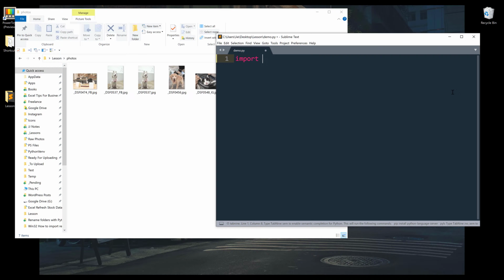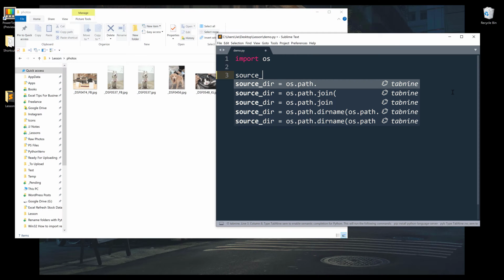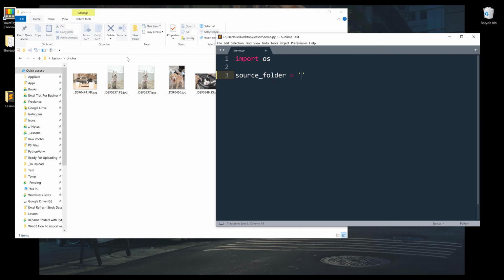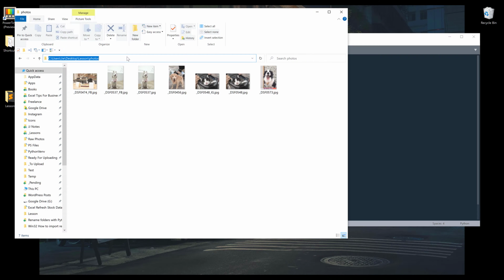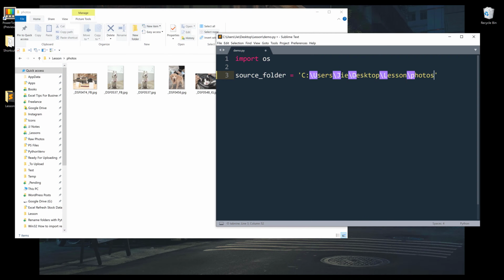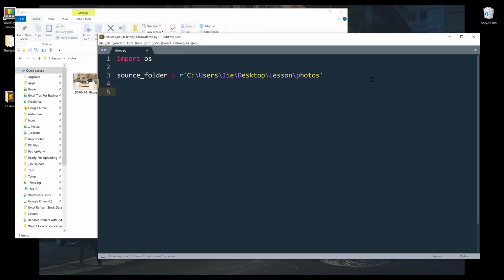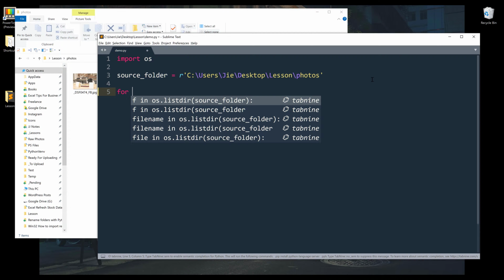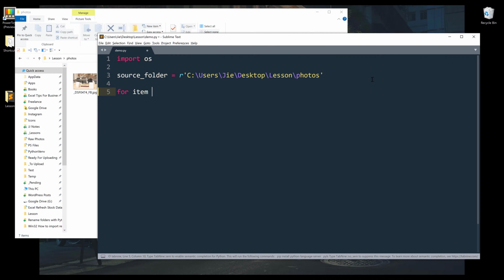I'm going to import the OS module first. Then I'm going to create a variable called source folder. And I'm going to grab the folder path where all the files are located, and I'll assign the folder path to the source folder variable. I'm going to iterate over each item in the source folder path, so I'm going to insert a loop. I'm going to say for item in